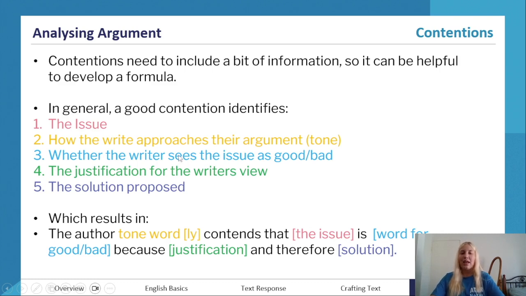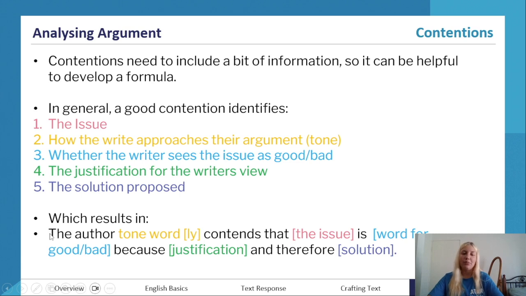Note as well that a contention should also identify the tone word. You will be expected to write about the overall tone of the piece in your intro, and you just need to name it. In the body paragraphs, one of the PLTs you can analyze with the what, how, why process is tonal shifts, and it's very valuable. So you'll need a good understanding of tone and a large collection of tone words for this area of study.